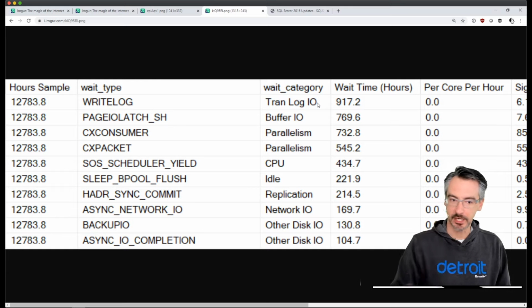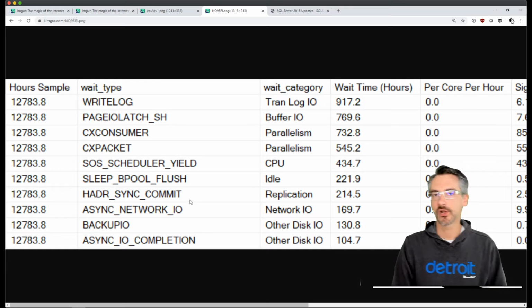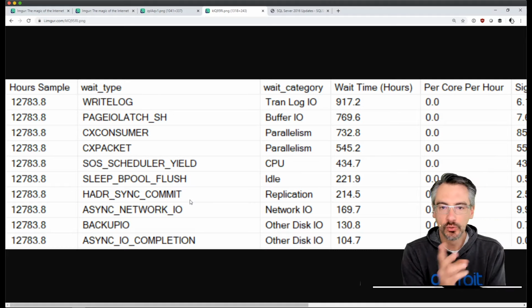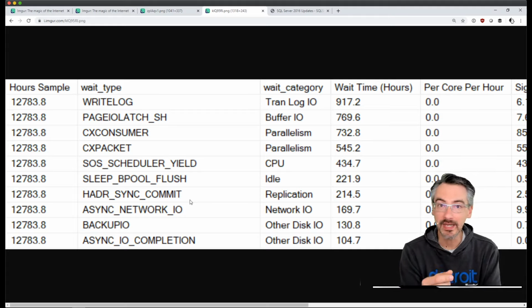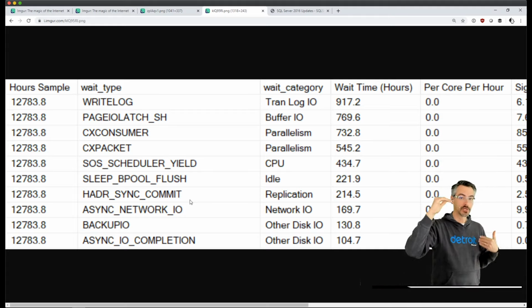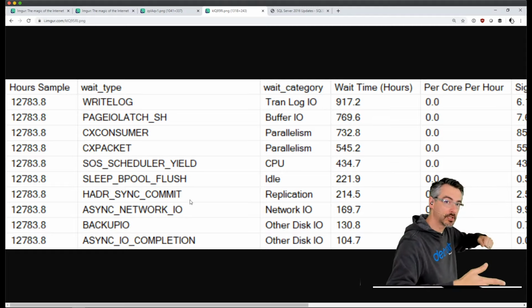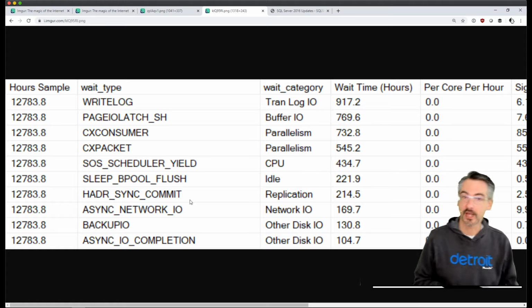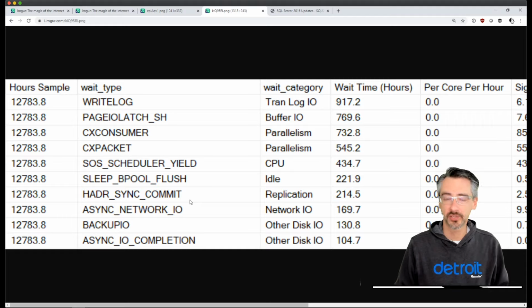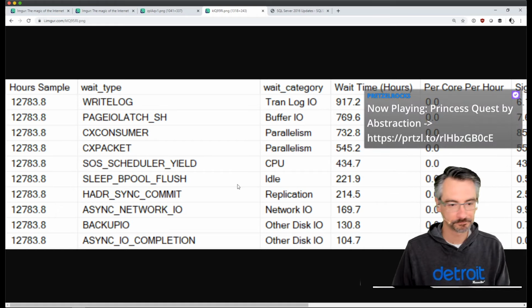I find it kind of funny, just as a side note, HADR_SYNC_COMMIT, this means that you have an Always On availability group. Usually, when people have an Always On availability group, that wait is at the top of the list, because it takes a while to send your inserts, updates, and deletes over to the other replica and commit them. Here, the primary has that old man by the sea calligraphy storage for transaction logs. So it turns out that HADR_SYNC_COMMIT, your synchronous availability group, isn't even the biggest problem. So that's kind of amusing.